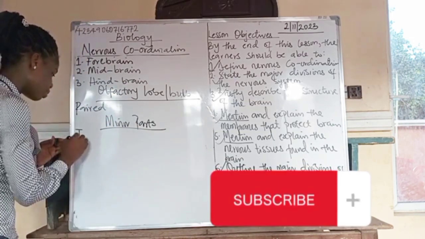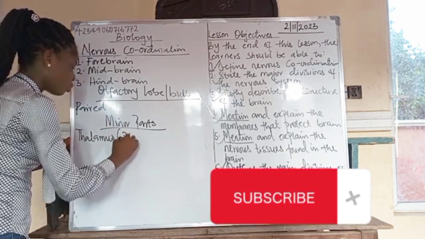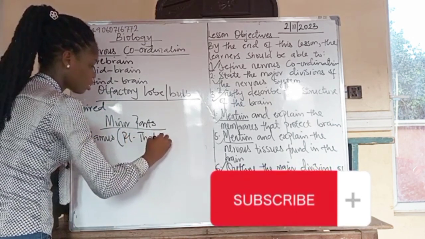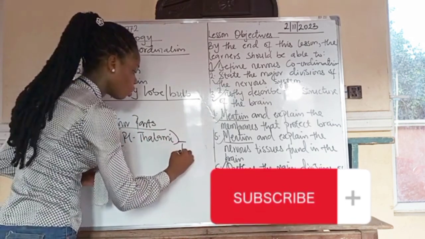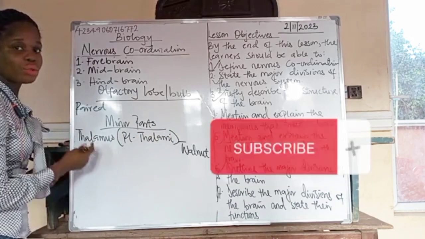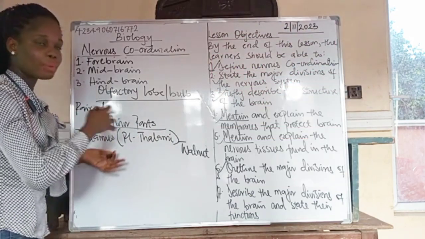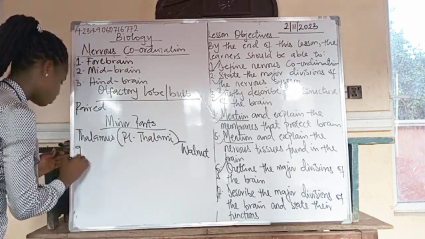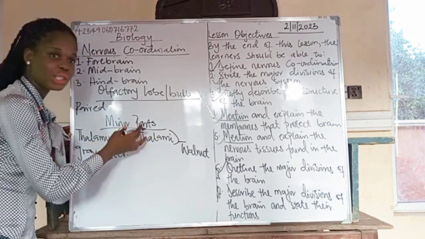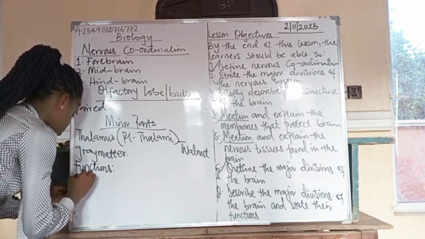We start with the thalamus. In humans, the thalami has the shape and size of a walnut. They are two rounded structures attached to the back of the forebrain and made up of a mass of gray matter. For the functions of the thalamus, we have